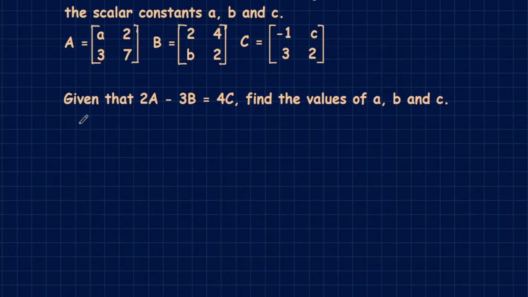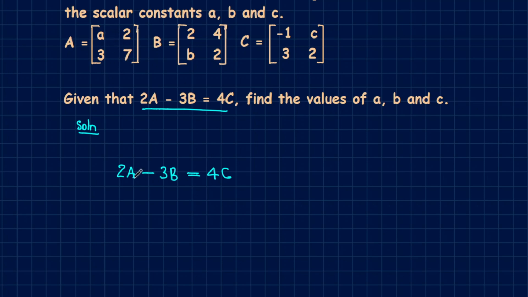We just copy the expression given here: 2A minus 3B equals 4C. The 2 is a scalar that multiplies matrix A, meaning we have to substitute matrix A